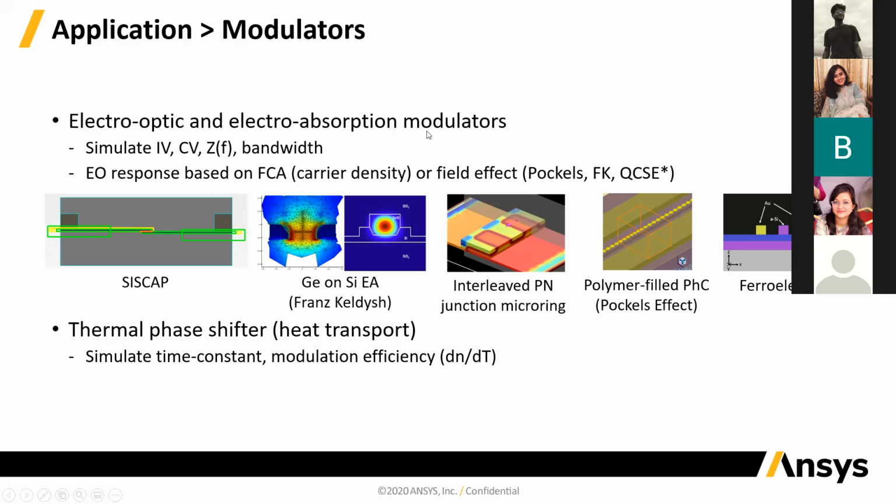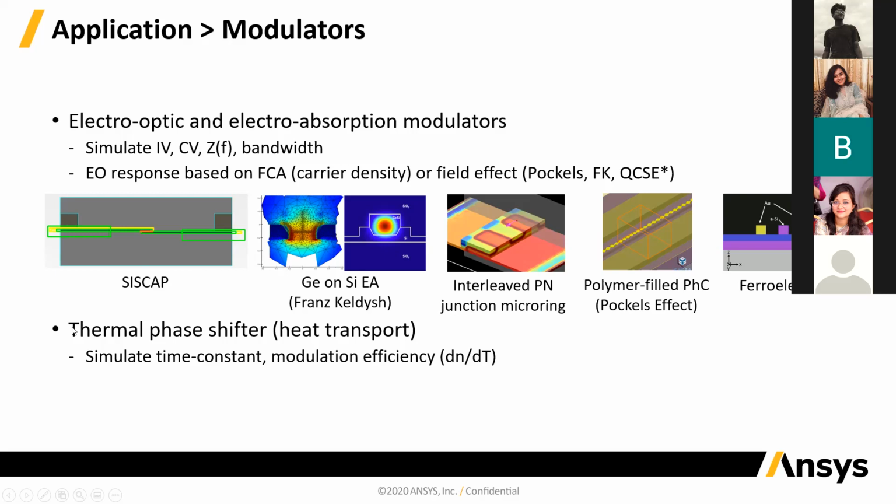The other way of modulating the behavior of the waveguide would be by applying an electric field. There are lots of different effects that can be used to do that. The Pockels effect is the most common one. You can also model the Franz-Keldysh effect or QCSE effects. And with the charge solver, you can run simulations on your device and figure out how the charge density is varying on your waveguide or how the electric field is varying on your waveguide. With that information, you can then figure out how the optical behavior is changing and design these modulators.